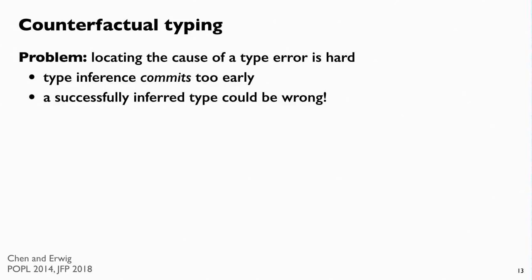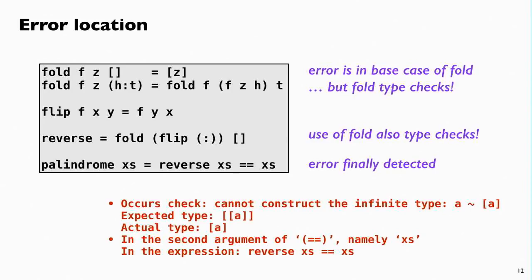OK, so there's been lots of work on how to improve error location. This is actually work by Sheng Chen and Martin Erwig, two of my collaborators. But this is a really cool application, I think, of variational programming. Basically, the problem is that locating the cause of a type error is hard, and the reason is that type inference commits too early. So here, when fold type